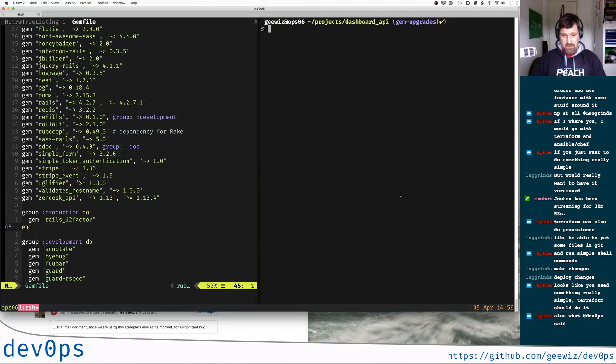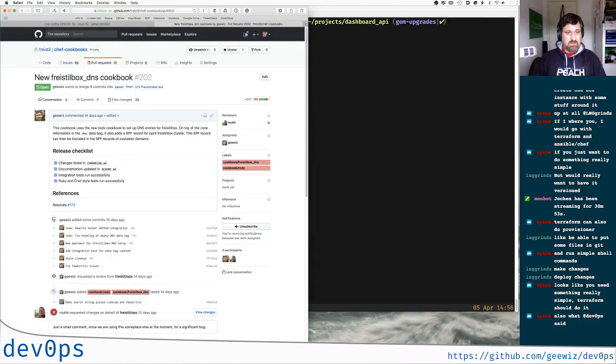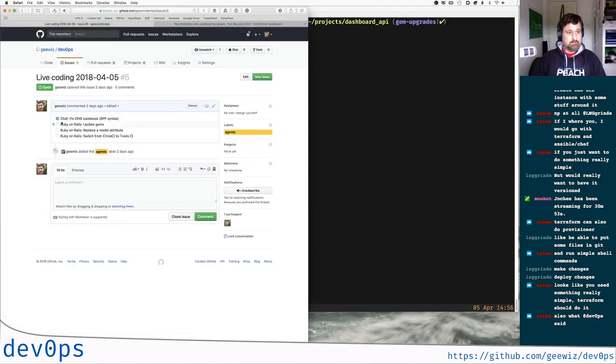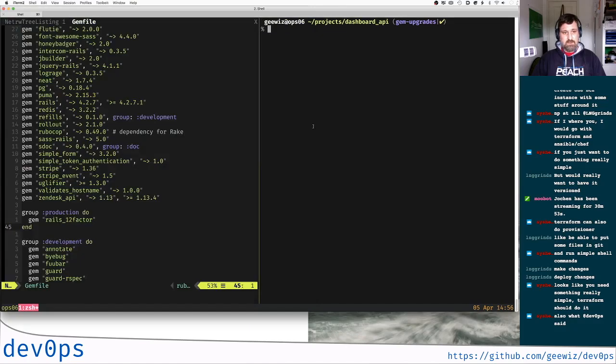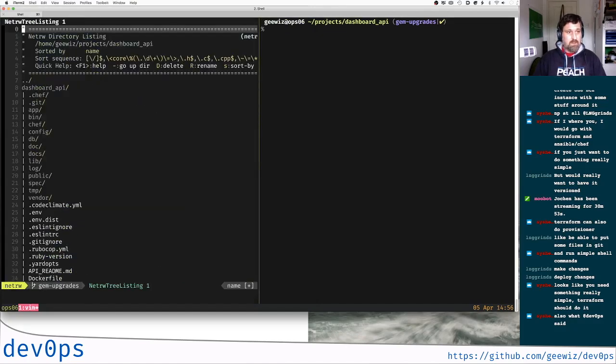Now, we got the easy stuff out of the way. My next task will be to replace a model attribute. So let's take a look at what I'm talking about. What I'm talking about is